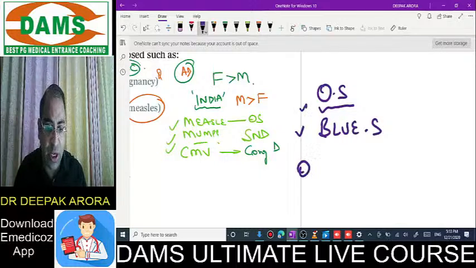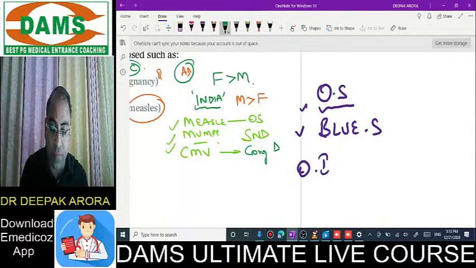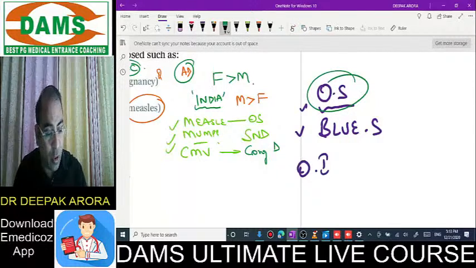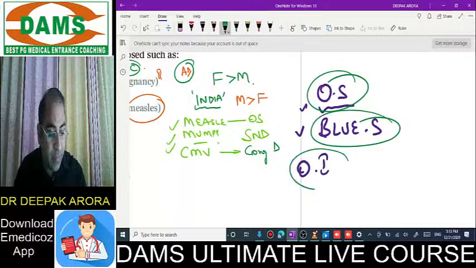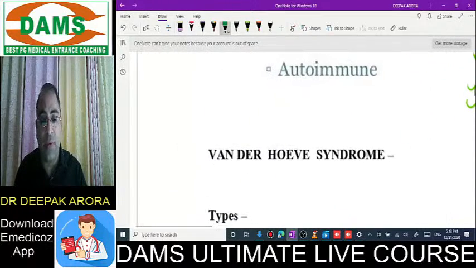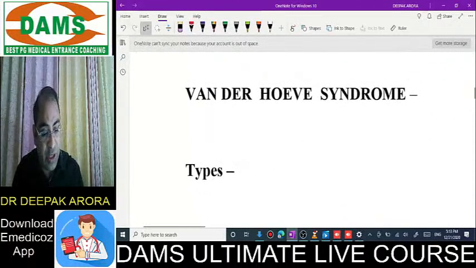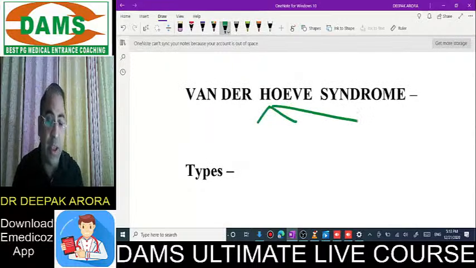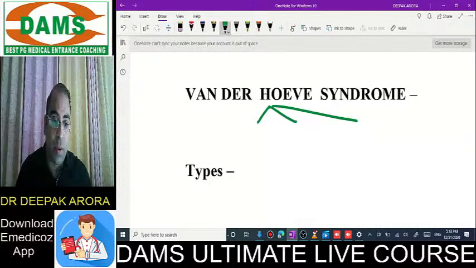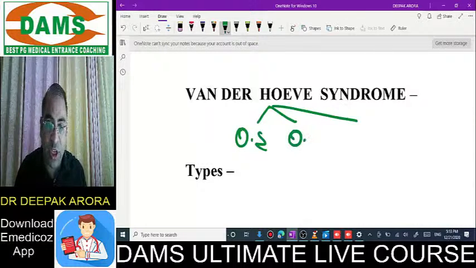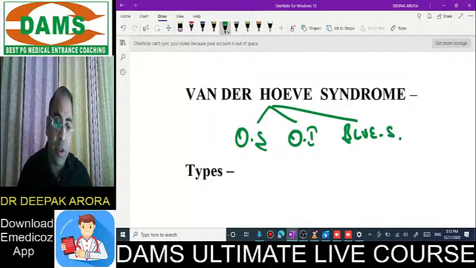with osteogenesis imperfecta. If these three findings are there, so always remember, otosclerosis with blue sclera, with osteogenesis imperfecta, it goes in favor of Van der Hoeve syndrome. So the examiner can ask you, what are the three possibilities in Van der Hoeve syndrome? It is otosclerosis with osteogenesis imperfecta and blue sclera. Clear? Are you getting the point? So this is one of the important findings, because an autosomal dominant condition is associated with the three conditions: